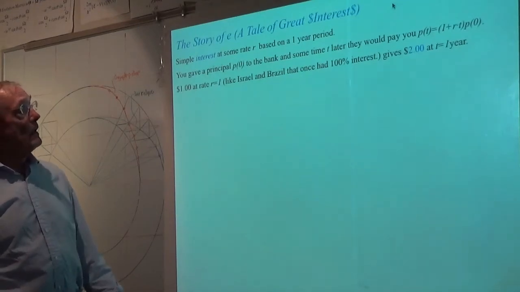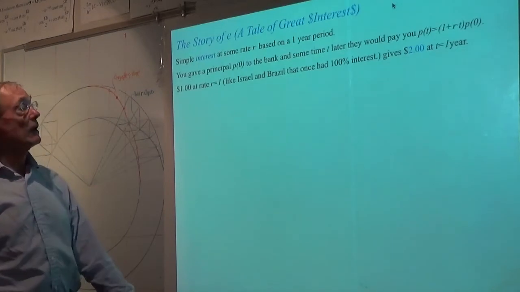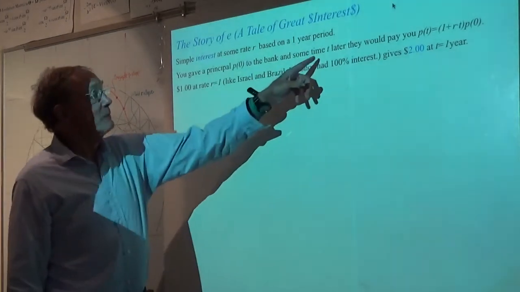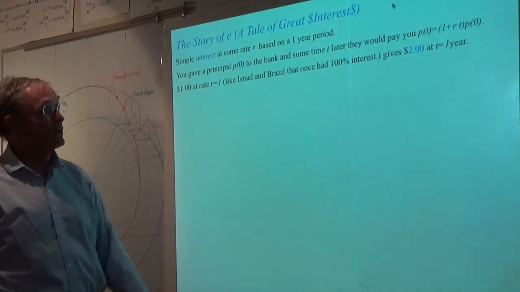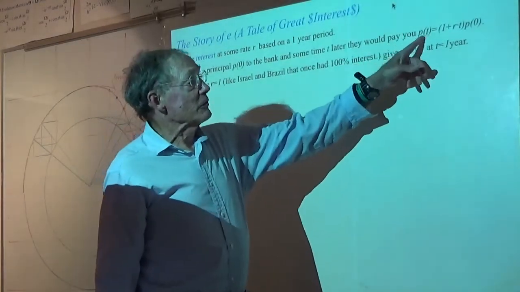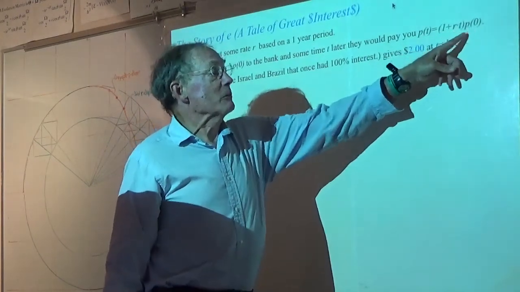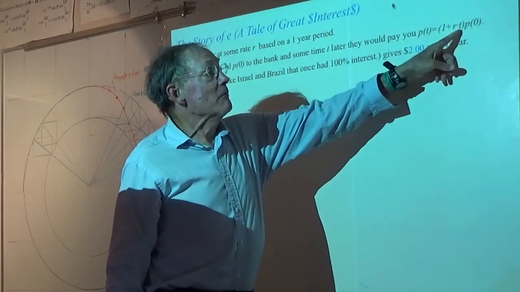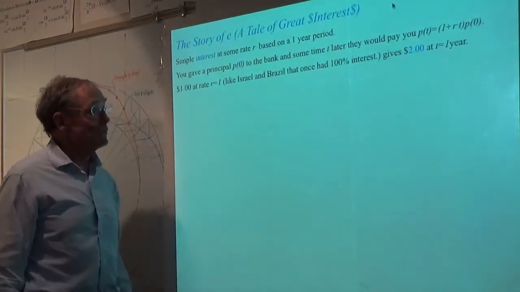So if you give a bank a principal, P for principal, some amount of money at time equals 0, and some time t later with this so-called simple interest, they would just simply pay you a final principal at time t of your original principal plus the rate of interest times time multiplying that principal. Now, if you make the rate